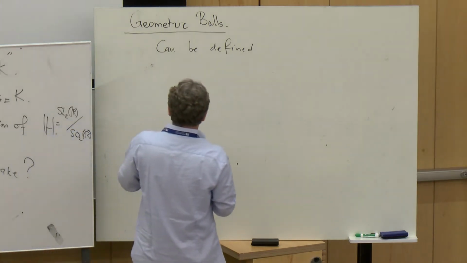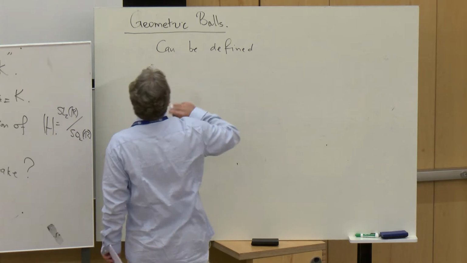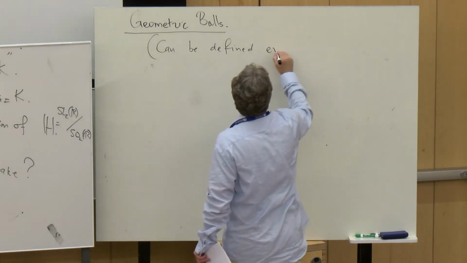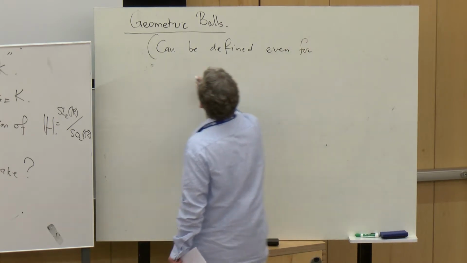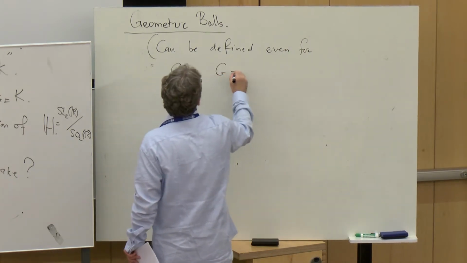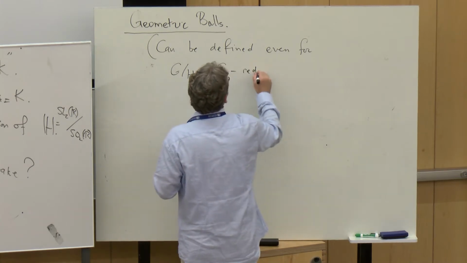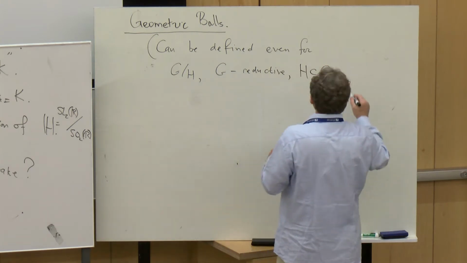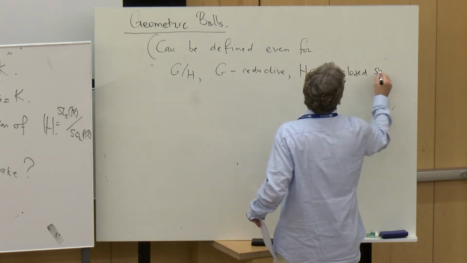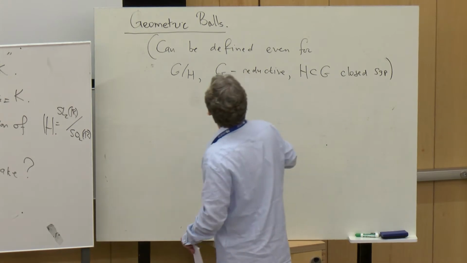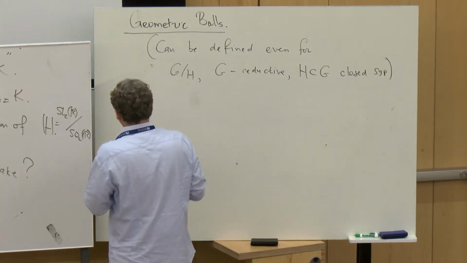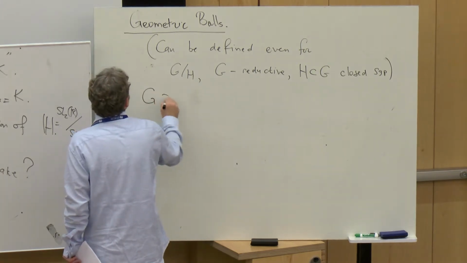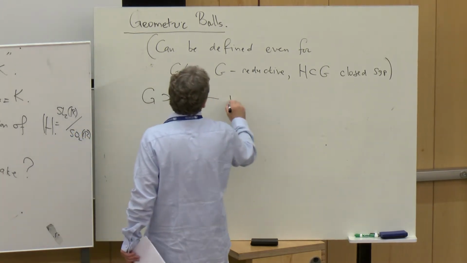Okay, so I'll go to a slightly more general setup. So this can be defined even for G mod H, where G is reductive and H is a closed subgroup. I just wanted to illustrate the idea. So G has in it a maximal compact subgroup. Well, it has many, but